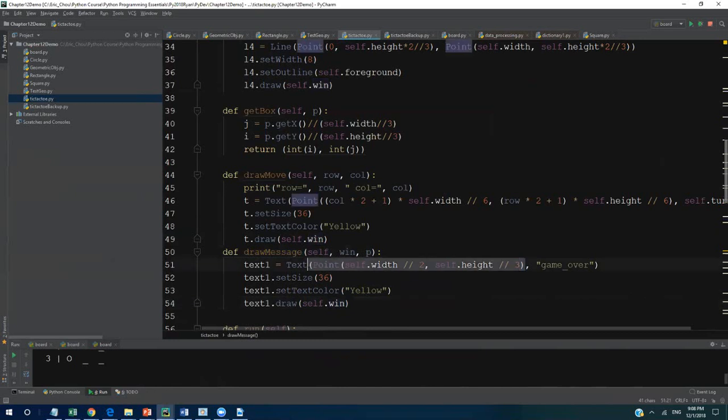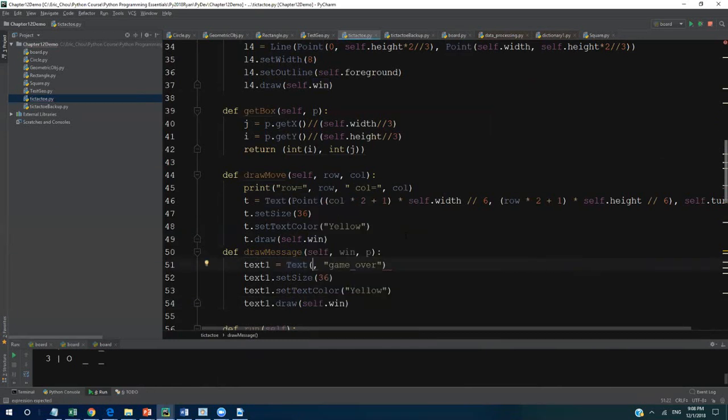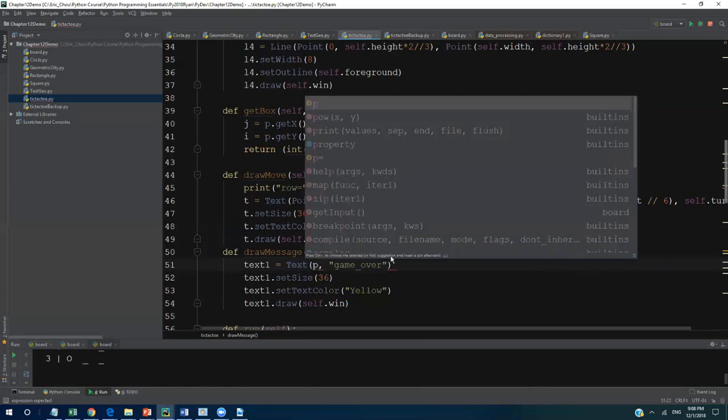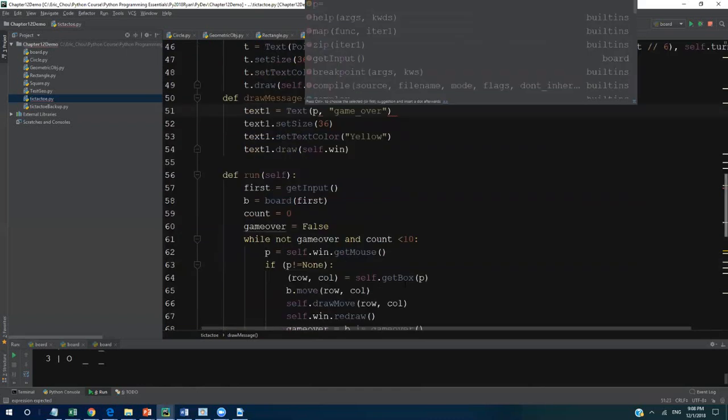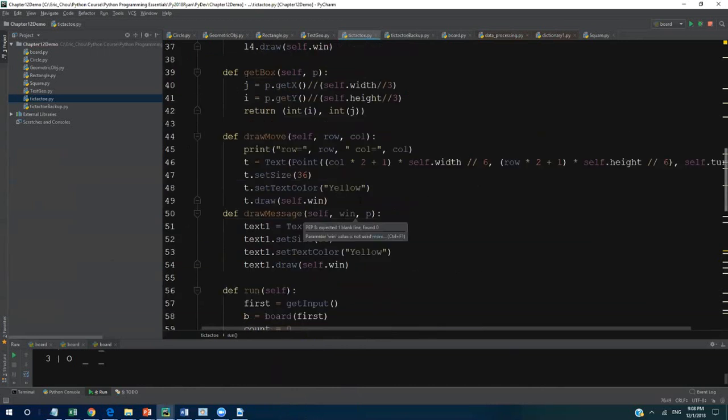Let me cut it. Okay. And put my P over here, right? And then let me just put this back to here, okay? We will need that later. And then here I have a game over. So here I should put something called MSG for message. So here I should have my, here I have my,